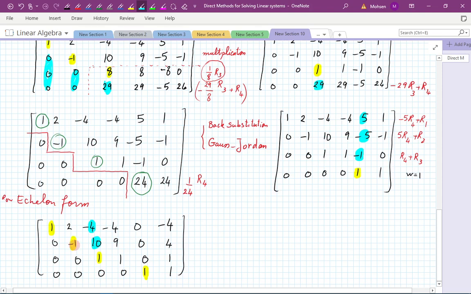This is going to be our next pivot that's going to be used to remove the entries above that one. So what do we get in this case now? I'm going to write minus 10 row 3 plus row 2 and 4 row 3 plus row 1. As a result comes 1, 2,